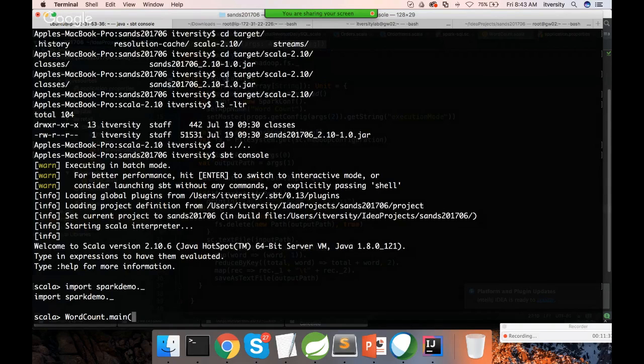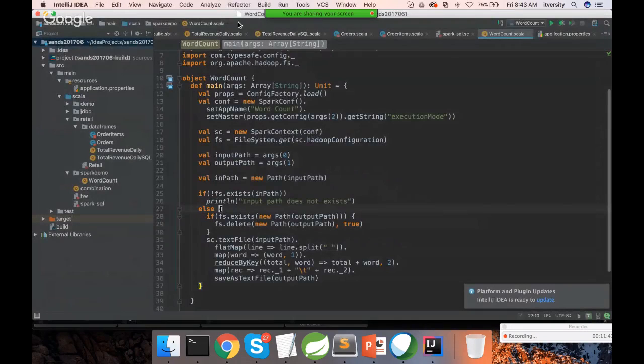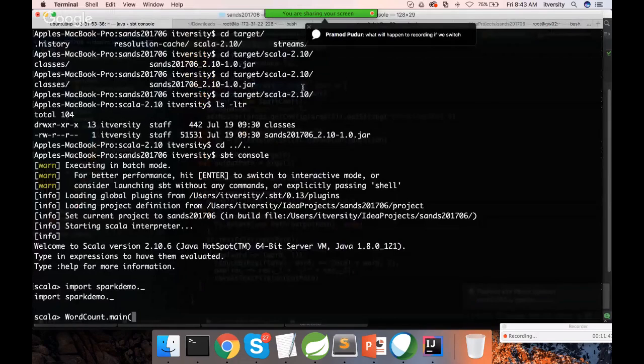Anyway, so here, if you look into this, what the main function will take is an array of strings as parameters. So what we have to do,